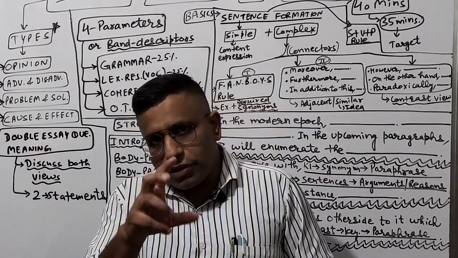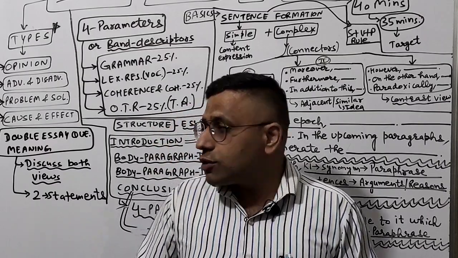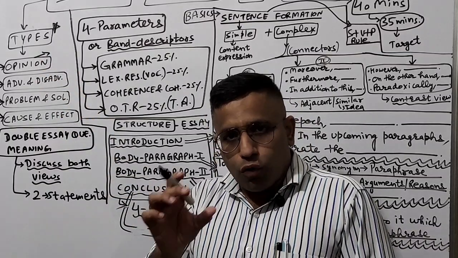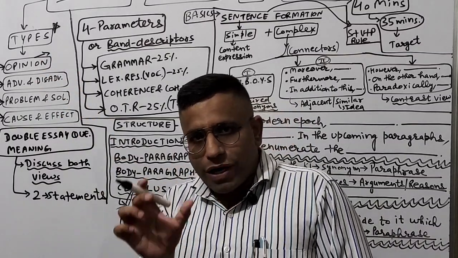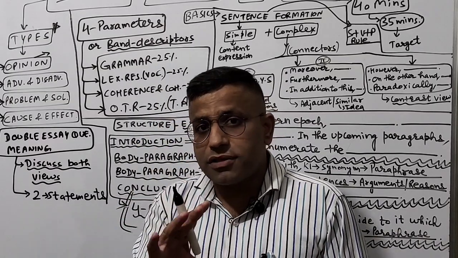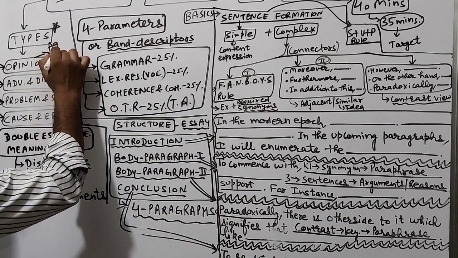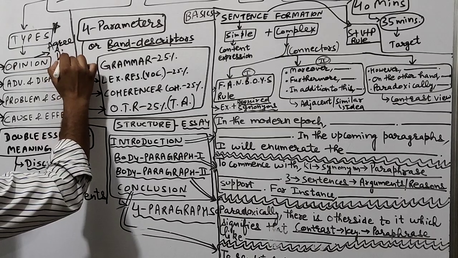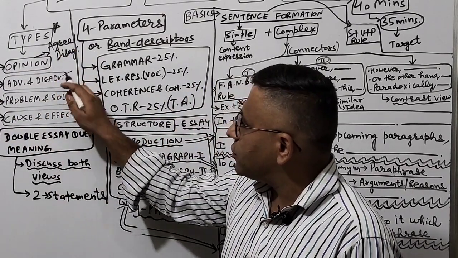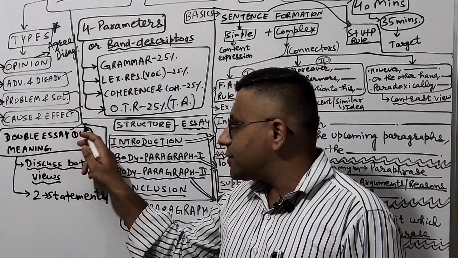Now once you talk about the IELTS writing task 2, that is the essay, there are 5 different types of essays. Now which are those? The very first one is the opinion based essay. Now what is there in the opinion based essay? Once you look at the statement of the question, at the last, do you agree or disagree? Once you encounter these 2 words, it means the examiner is asking about your opinion. So 2 keywords to be understood are agree or disagree. Second is the advantages and disadvantages based. Next is the problem and solution based. Next is the cause and effect, and the last one is the double essay question.